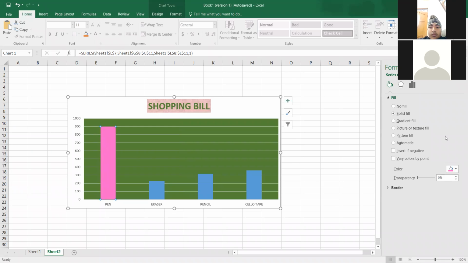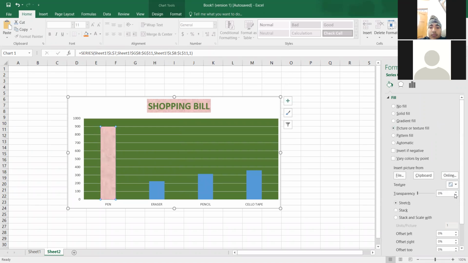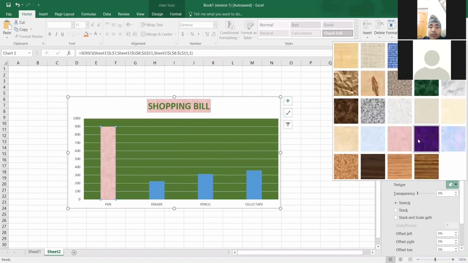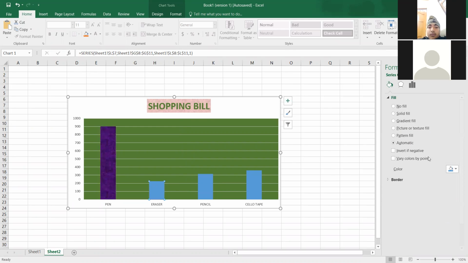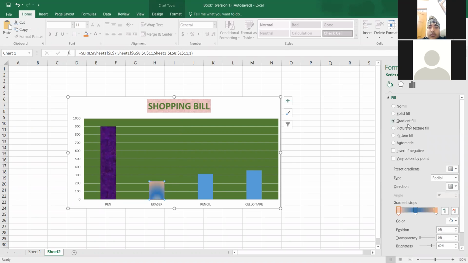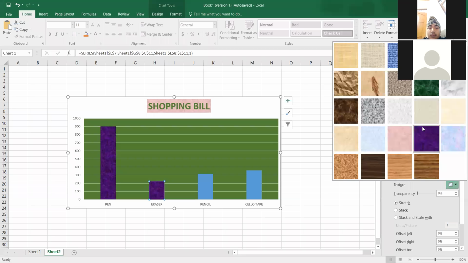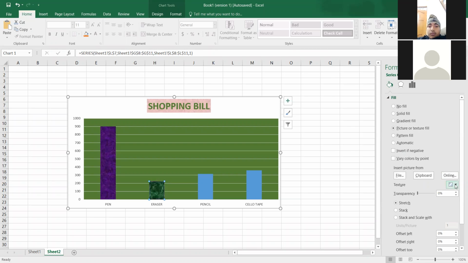This way you can change. You can also give the textures like this. So textures can be given. The same way.